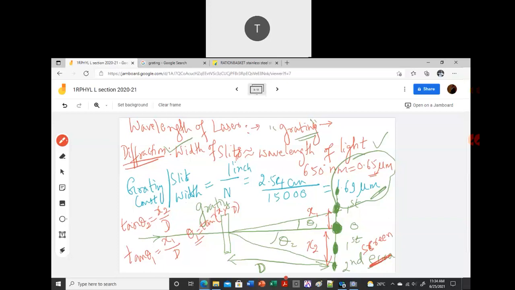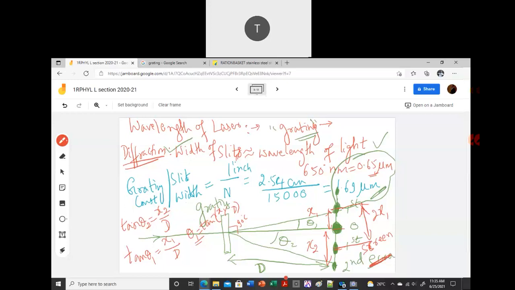Okay, but normally how you do it is, for x1, you take the distance from this end to this end. So this will be almost like 2 times x1, and then you divide it by 2, so that will give the x1. The main reason is, in principle, the x1 on the right should be equal to the x1 on the left. But sometimes, if you are not keeping this at exactly 90 degrees, then one of them will be bigger and the other one smaller. I'm not talking about x2, only about x1.